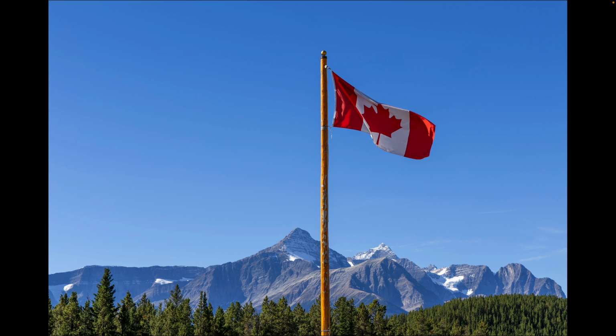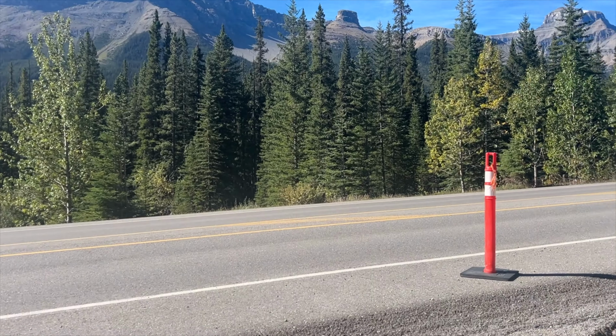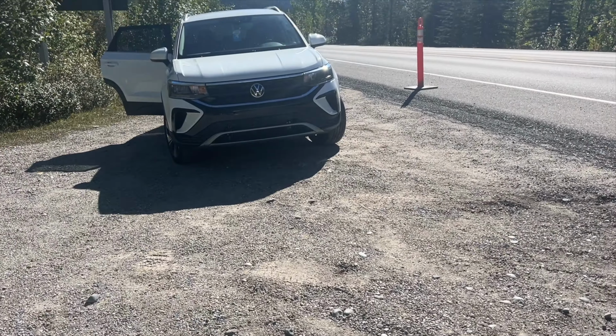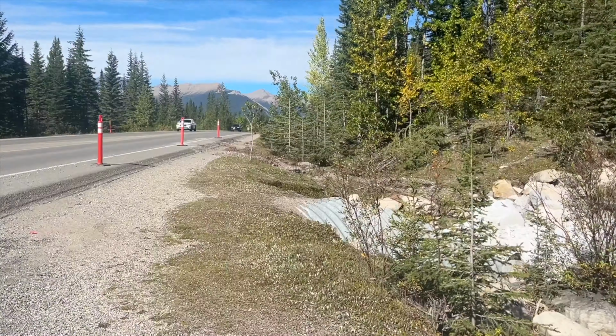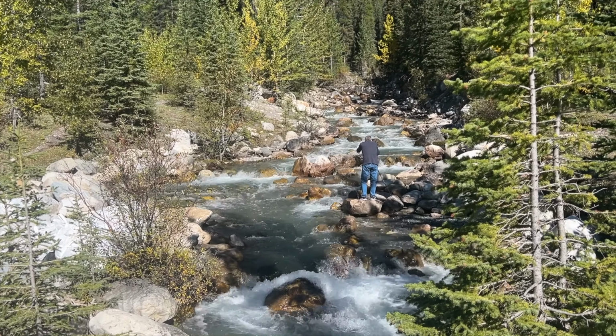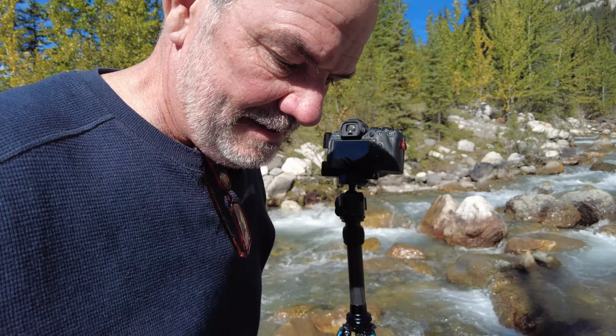So check this out. We were driving down the Icefields Parkway, right? And there was a little sign that said Rampart Creek over here and this little pull off. And I was like, we probably don't need to stop there. And then we drove past, and in unison, Phil and I went, oh no. So we turned around, and that's Phil down there. Well, we found a creek right on the side of the road called Rampart Creek, and I am